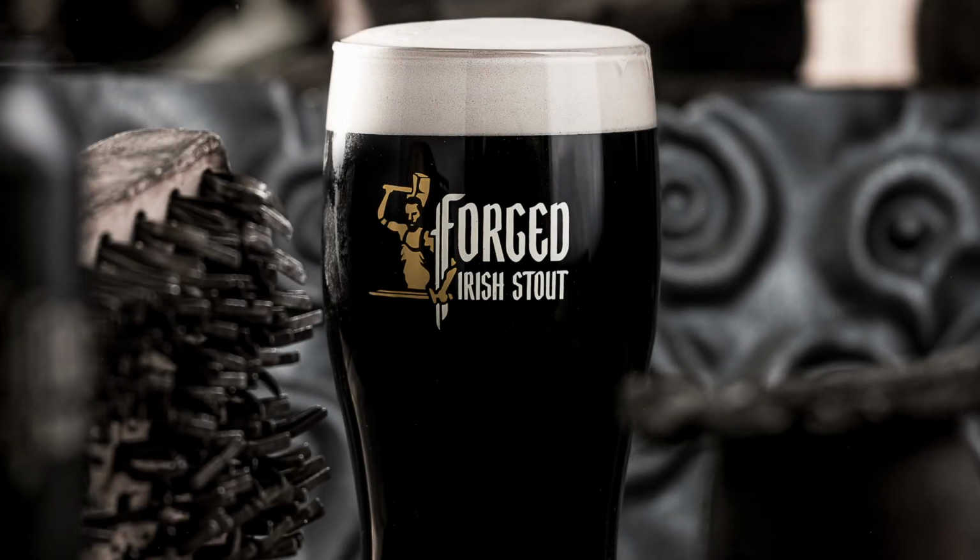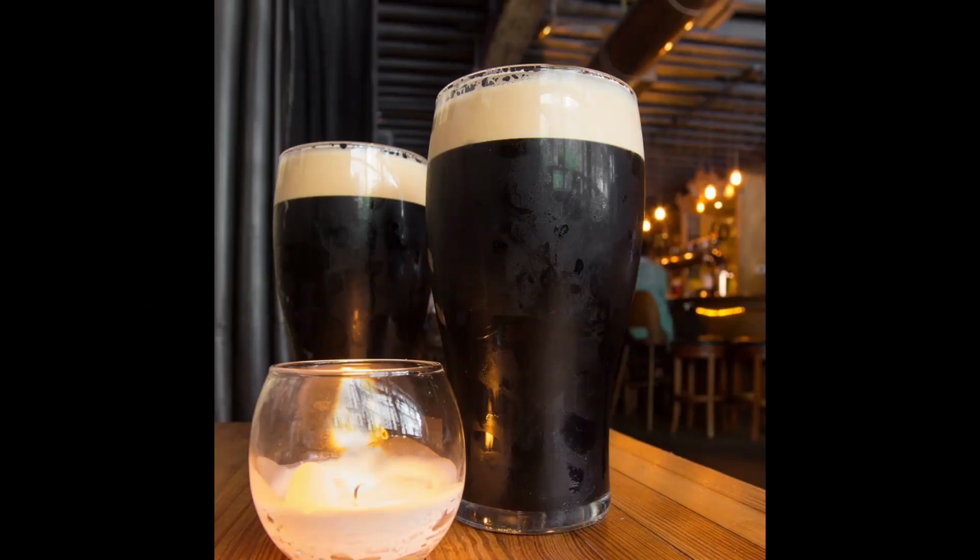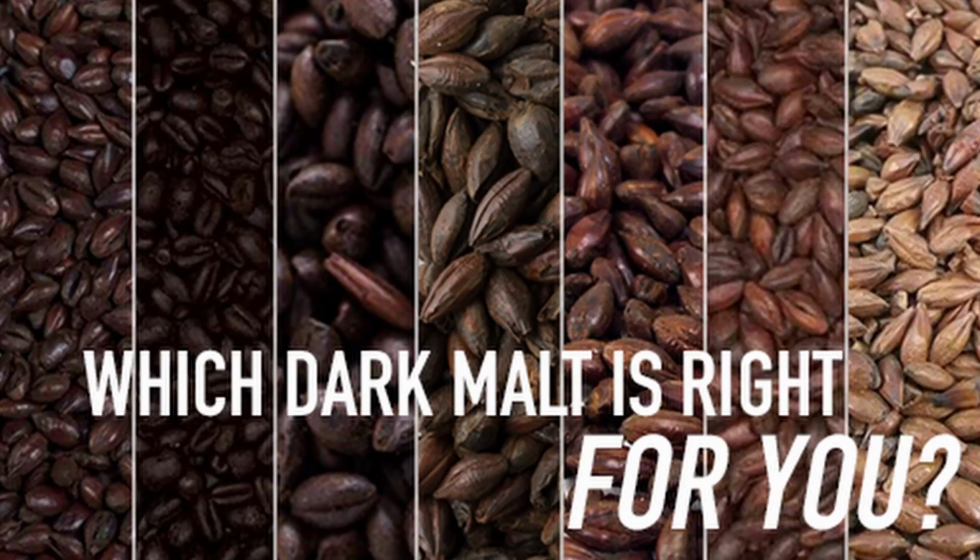Irish Stout. A beloved beer style with a rich history rooted in Ireland has become synonymous with deep, robust flavors and a distinctive drinking experience. Known for its dark and opaque appearance, Irish Stout is characterized by its roasted malt profile, creating a unique blend of bitter and sweet notes. The hallmark of Irish Stout